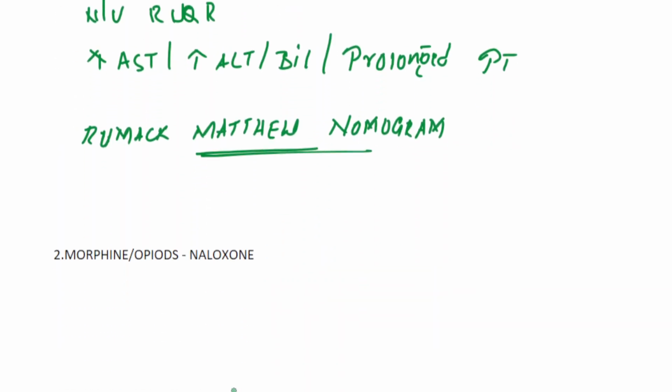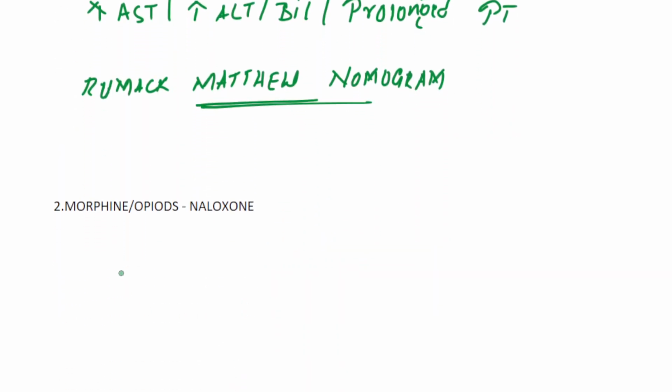And the second drug is morphine. Morphine is an opioid. For morphine or opioids, the antidote is naloxone. It is used as a pain reliever. When taken in excess, it causes respiratory depression. Respiratory depression is a frequently asked question. It also causes CNS depression,